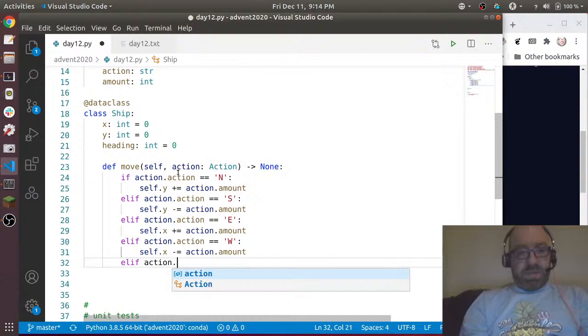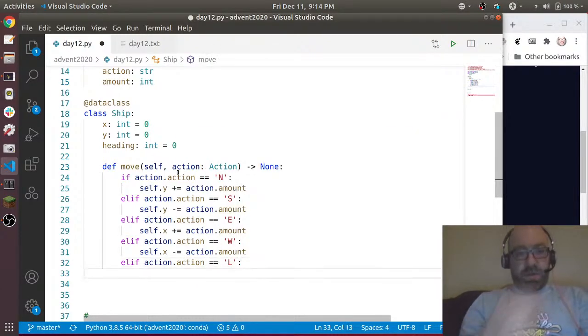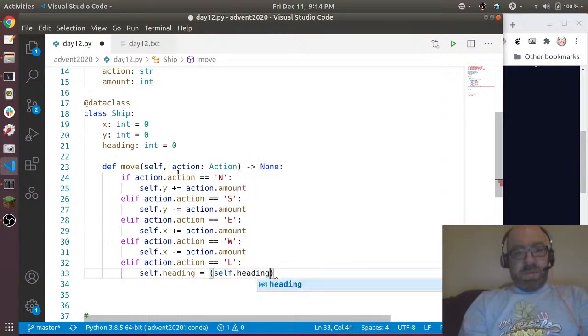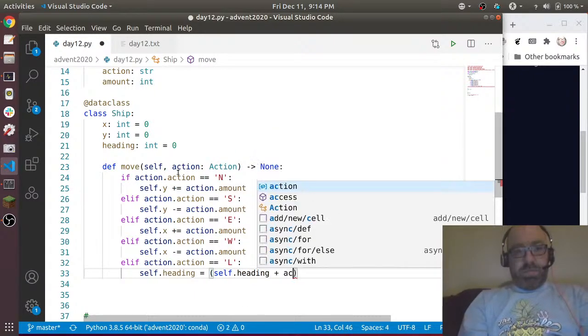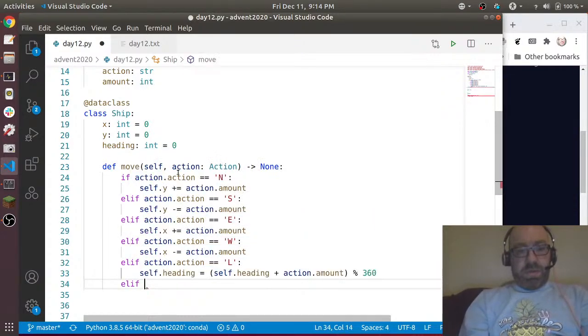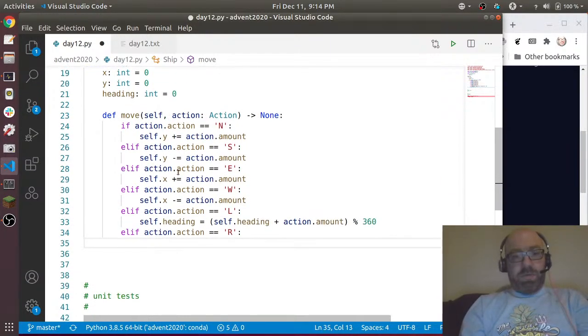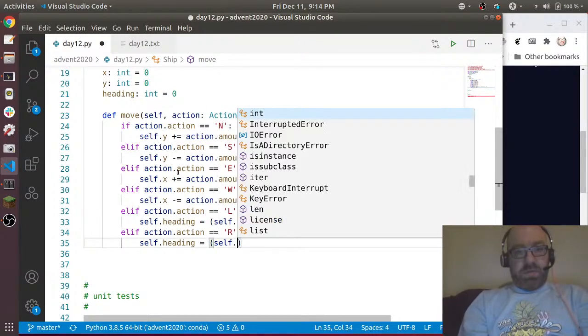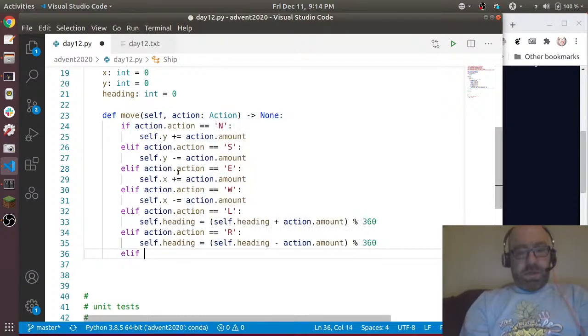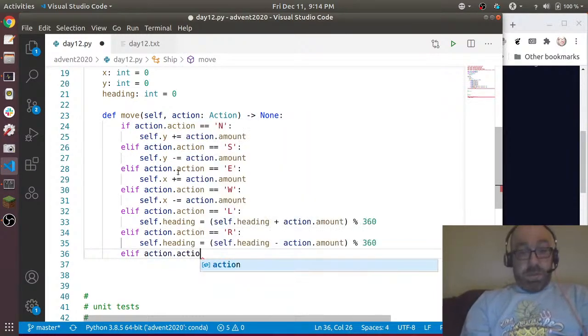We have elif action.action equals left, then self.heading, and if I turn left, that means my angle is getting bigger. Self.heading equals self.heading plus action.amount, and then we'll mod by 360, and then elif action.action equals right. So right, we're turning that way, so self.heading equals self.heading minus action.amount mod 360, and otherwise if action.action equals forward,